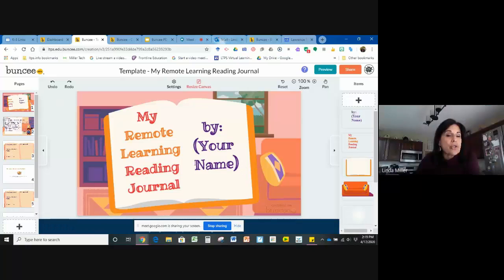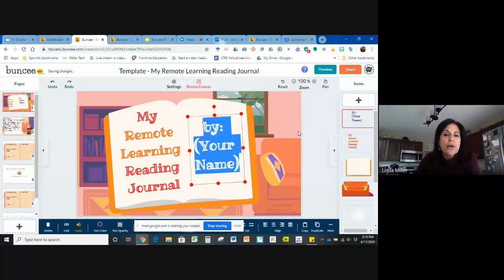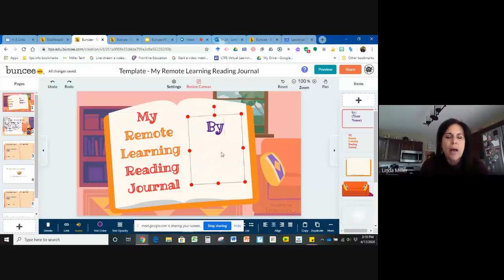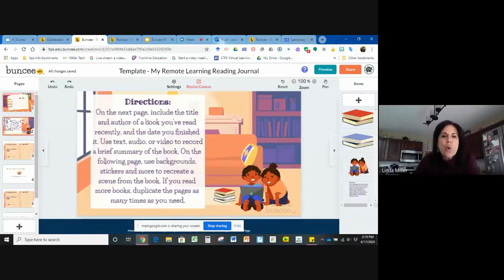Okay. This is my learning journal by your name. Well, you can't really click on too much here. Actually, because it's a template, you can. So let's write in by Linda, that we're using a template. So all of these are live. So it's giving you the directions for this particular Buncee, and you could type in directions here, or you can